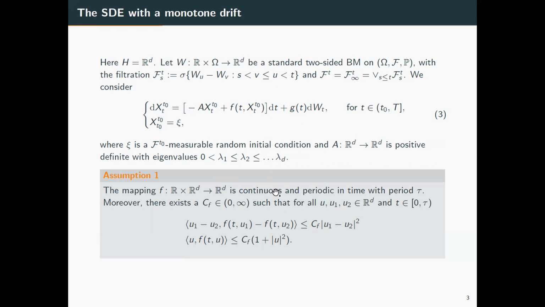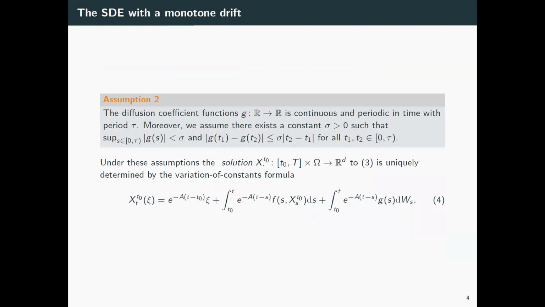In addition, we assume F satisfies a one-sided Lipschitz condition with a coefficient CF. And G is assumed to be periodic and continuous, so it is bounded by sigma. Then under assumptions A1 to A2, we know there is a unique solution for the targeted SDE, and